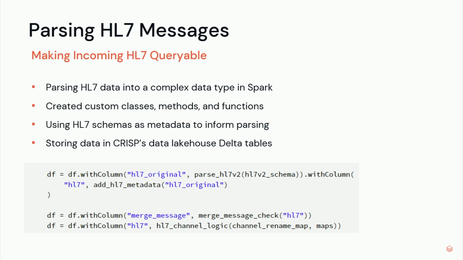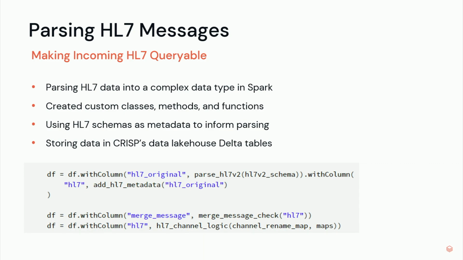Next up, I want to talk a little bit about parsing HL7 messages. This was a big part of our project. So we take these healthcare messages, HL7 messages. Primarily, these are HL7 v2 in CRISP, although we do work with HL7 v3 and other standards. So we created custom classes and methods and functions to parse these into a complex data type in Spark that could be queryable. We also use the official HL7 schema as metadata to inform parsing to help us, because sources